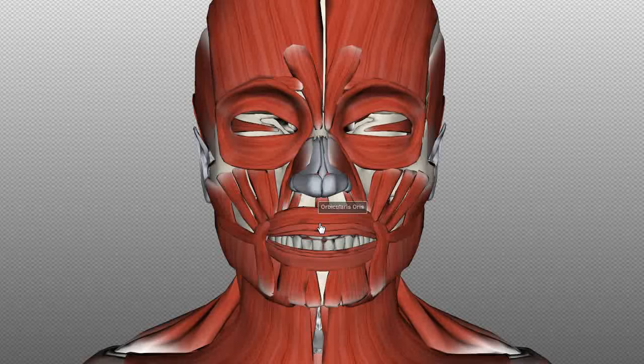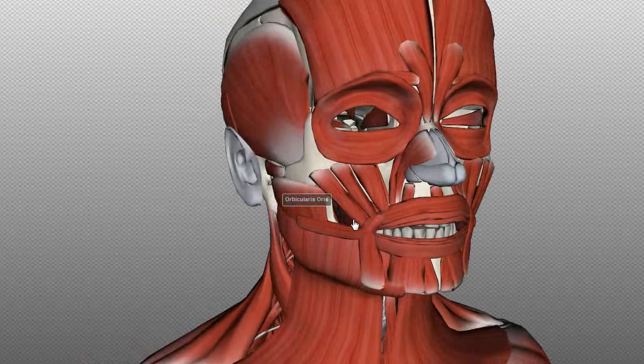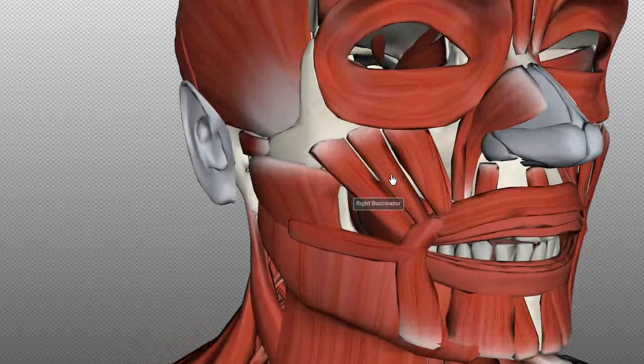So orbicularis oris, this circular muscle which circles the mouth, and you can kind of guess what the function is. When it contracts, it narrows the mouth and closes the lips, so you get this pursing action which you get when you're whistling, and that's brought about by this muscle, the orbicularis oris. And the other muscle you'll need to know, which lies deep to these muscles here, is the